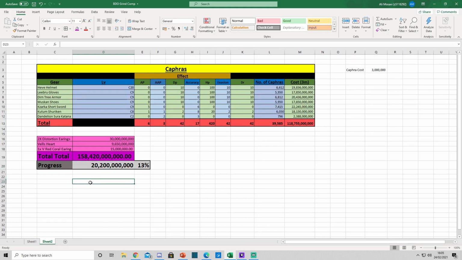So let's say my average is 750 mil a day. So let's say that's my average money that I make every single day. If I can do that, then if I was to do this divided by this, it's going to take me roughly 211 days if I was to average this much silver, assuming I can